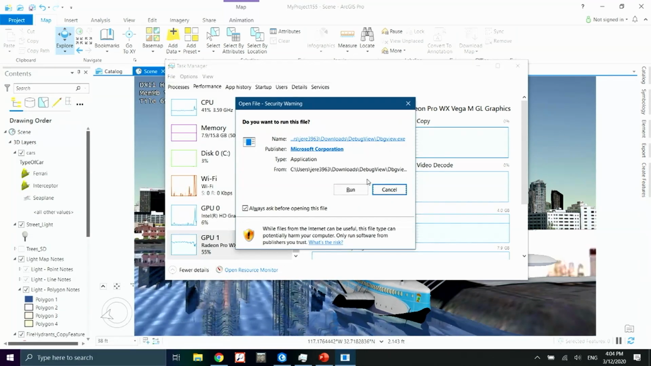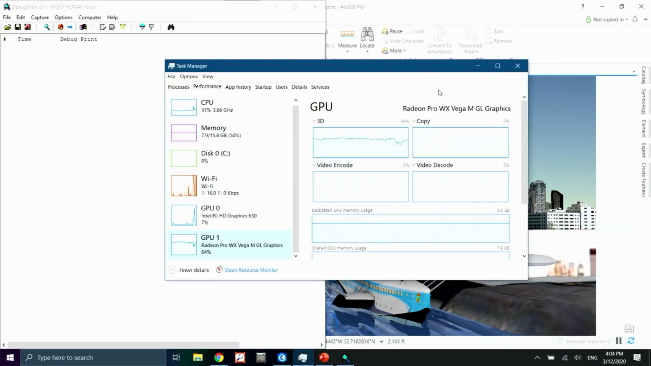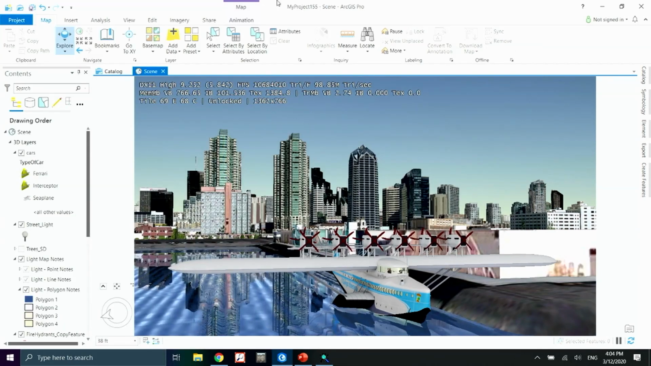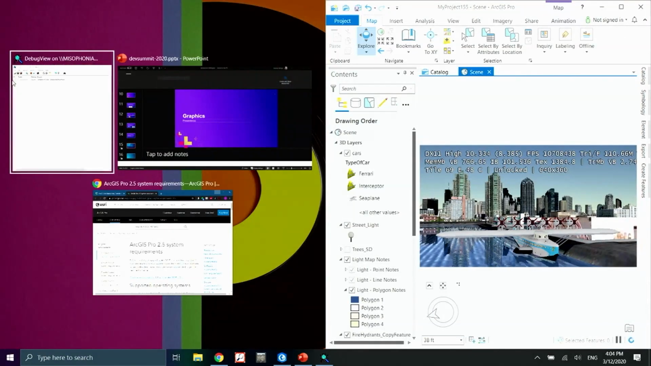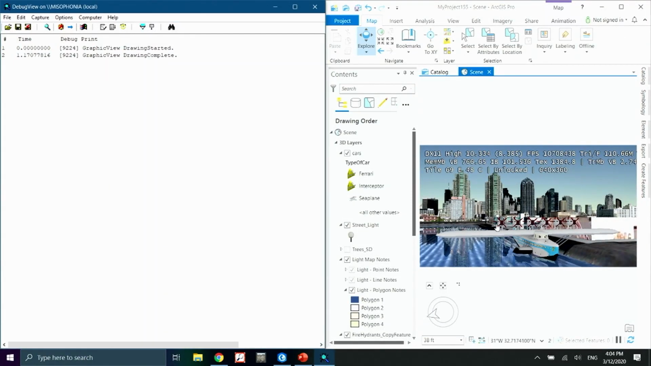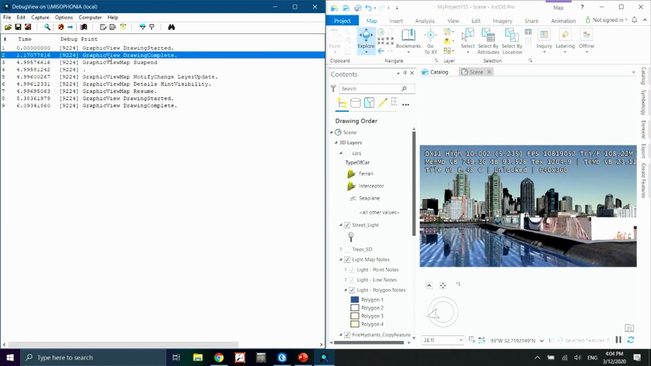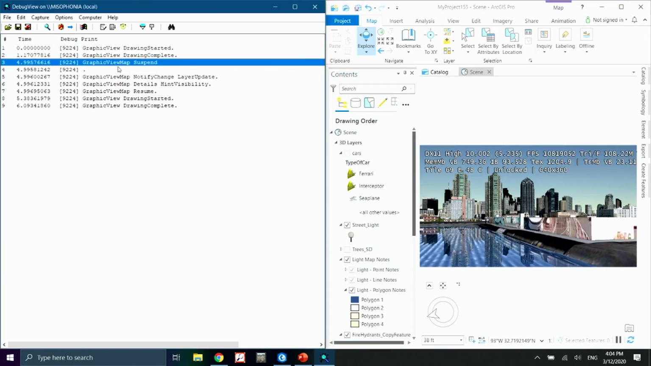And what it'll actually do is everything that's dumped out to the debug console is actually displayed here, including stuff that's not on Pro. But the thing I wanted to show you was if I make a change to the view, such as turning off the cars layer, I'm going to see some notifications that tell me that something changed and it's being communicated